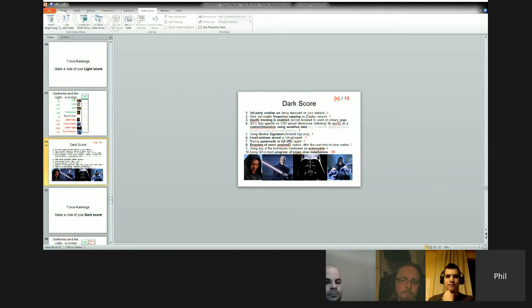If you're actually capturing them and you haven't done anything about it, and you haven't added an exclude parameter, or added a filter in Analytics or a custom JavaScript macro to prevent it being captured, or changed the site to prevent it being pushed in, then you get a -1. And if you're storing passwords in Google Analytics, you get a -1.